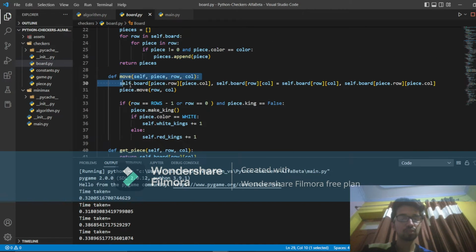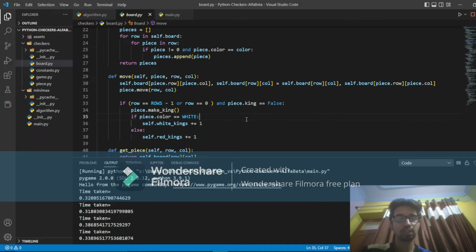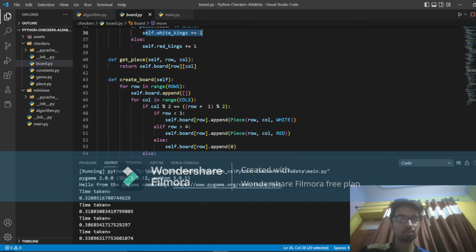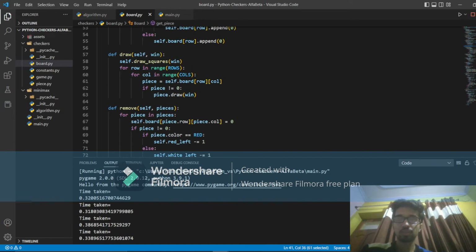And this function will move the pieces on the board, and if any piece reaches the end, we will make that piece a king piece, and we will increment the counter. And this is for putting the piece, and this is for